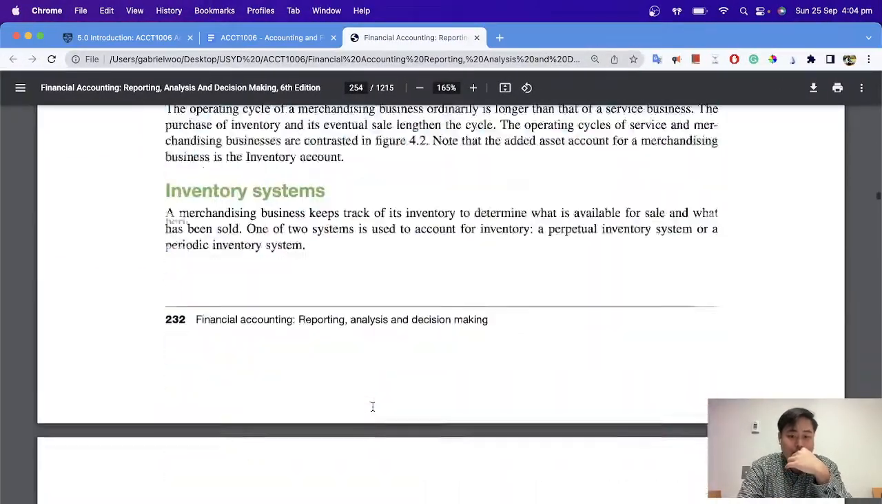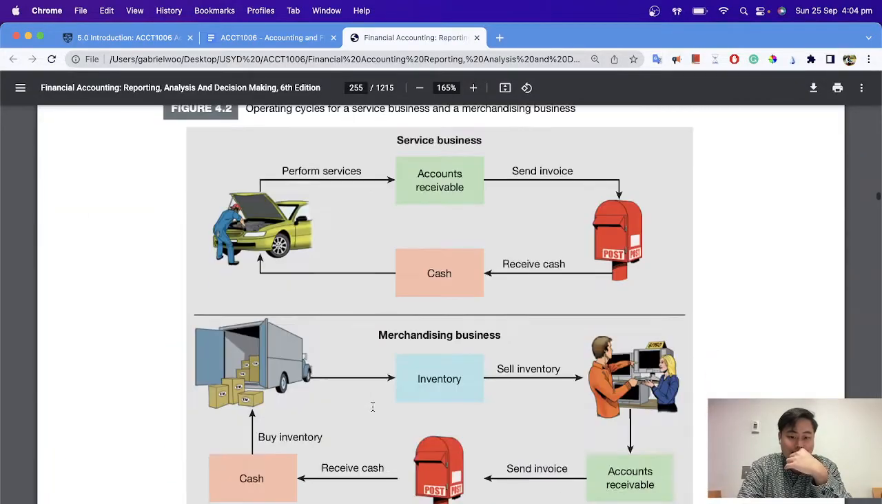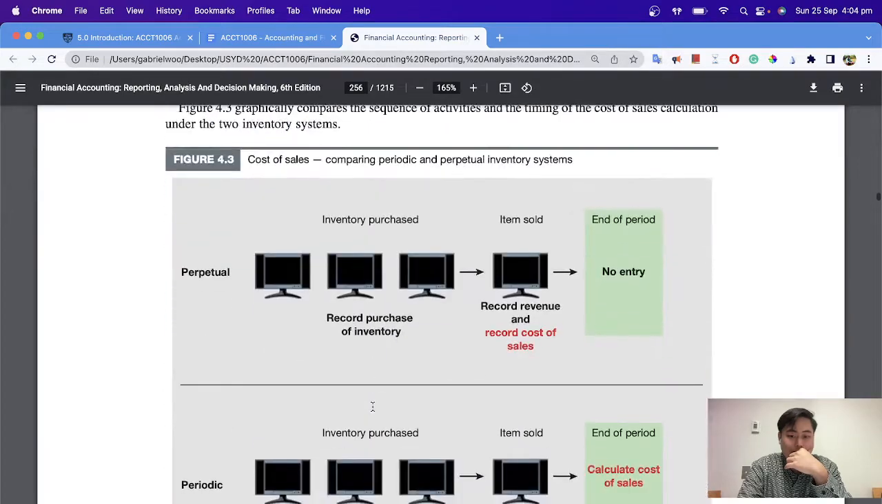So from our textbook, we have chapter 4 talking about inventories, merchandising operations, operating cycles, sales revenue, cost of sales, gross profit. Okay, so I do hope this review video helped you somewhat,